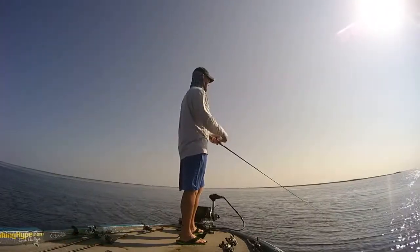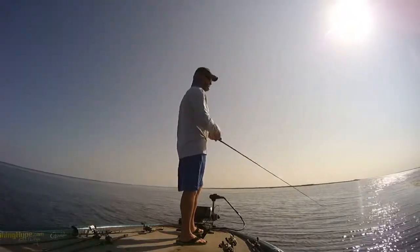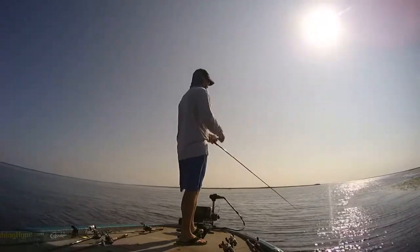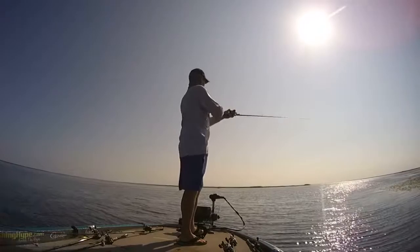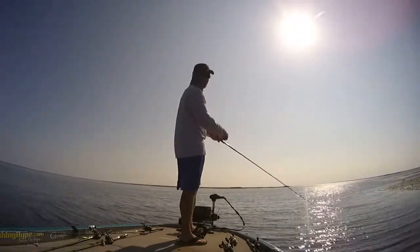Even some of these pockets, what will happen is the fish will chase the bait up into those pockets. You can get a little pocket that might have 2, 3 fish in it, and it may not look like much. It might only be a boat width wide and a boat width deep. But